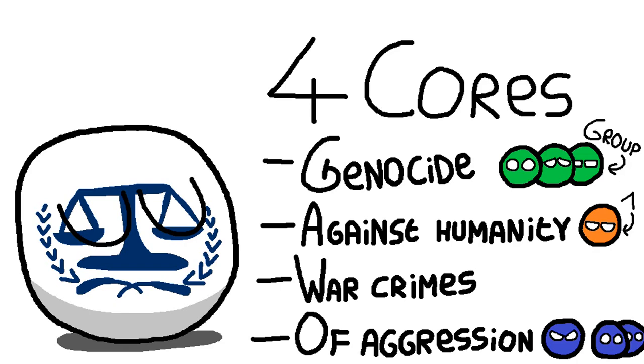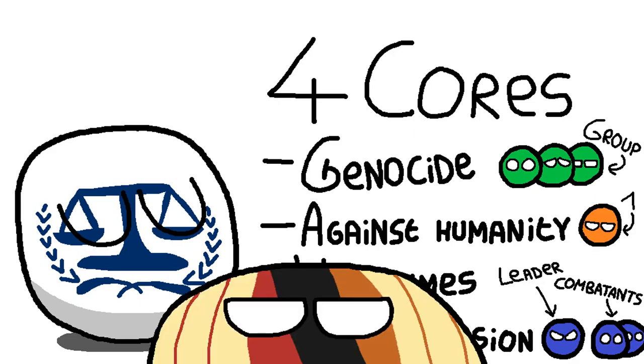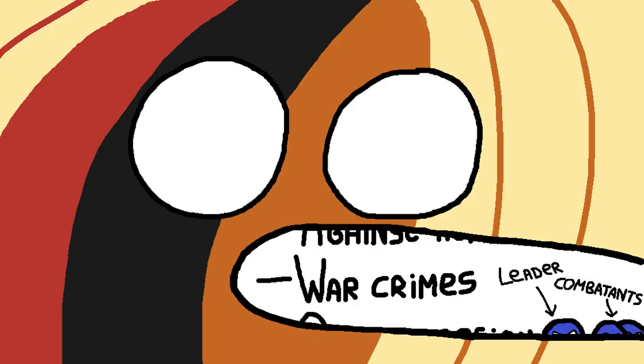Crimes of aggression, on the other hand, are done when a leader figure orders offensives or occupations of other people with the use of military force. These laws exist to punish leaders, instead of the combatants who carry out these commands. So with me? No? Great. War crimes are what's important here anyways.